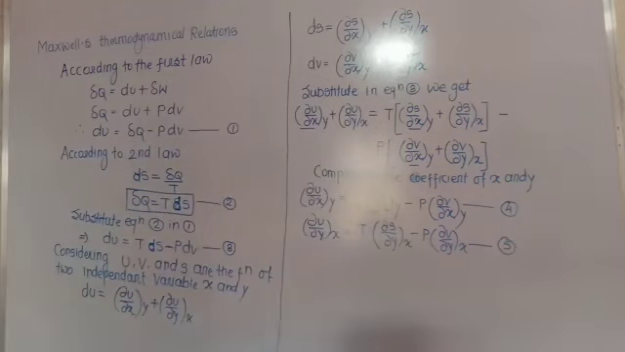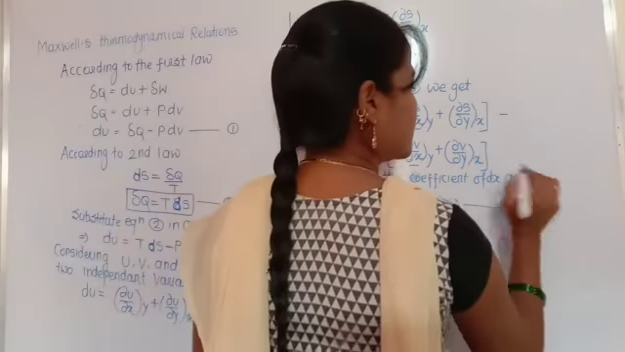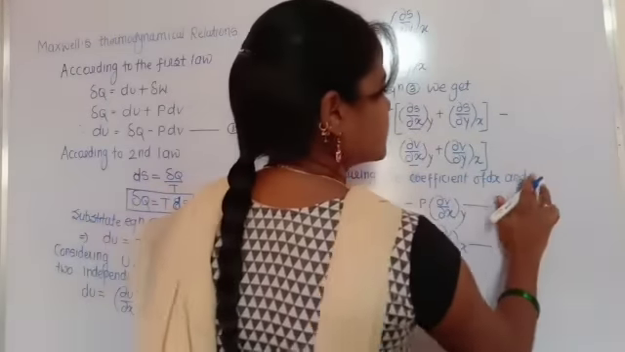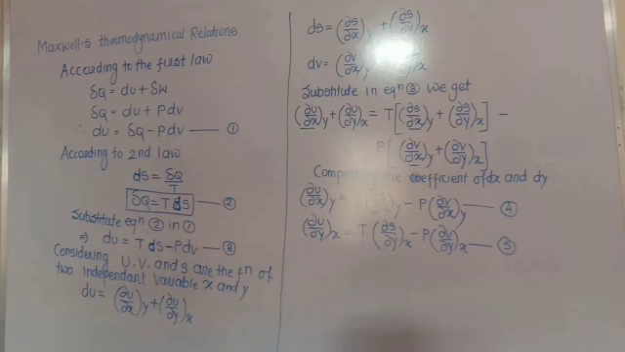After comparing the coefficients of dx and dy, we get the two equations, equation number 4 and equation number 5. So differentiate equation 4 with respect